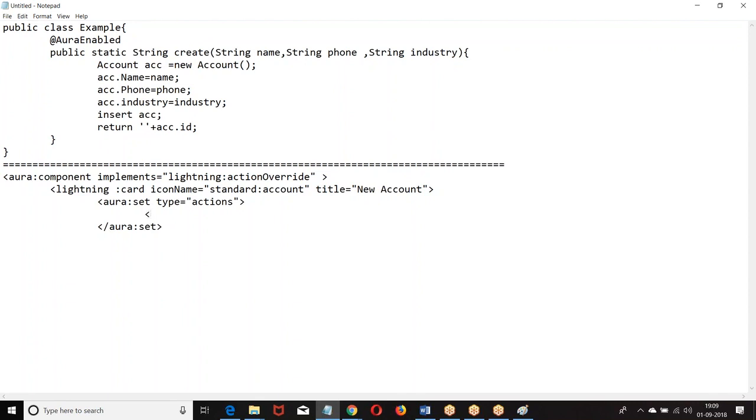Then within this I was supposed to give lightning button group. Then we are going to give label save.